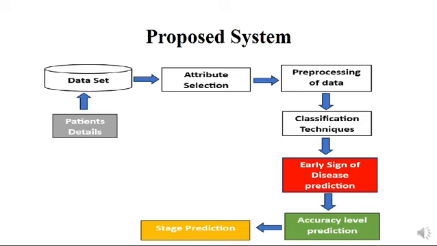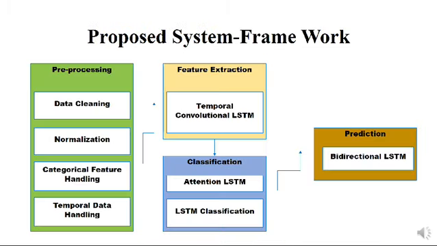Finally we can predict in which stage the person is. In the pre-processing, we have to go through the data cleaning process. The unwanted data will be removed, and normalizing techniques will be used to identify the patterns, and the categorical feature